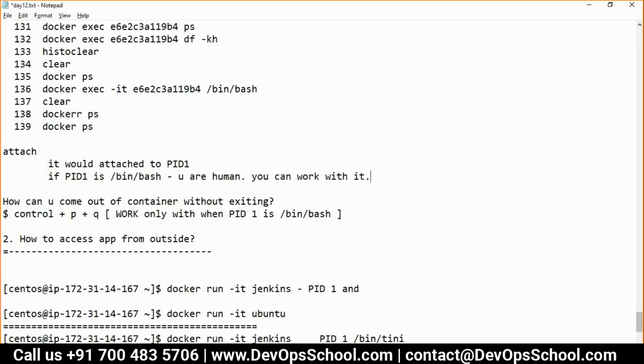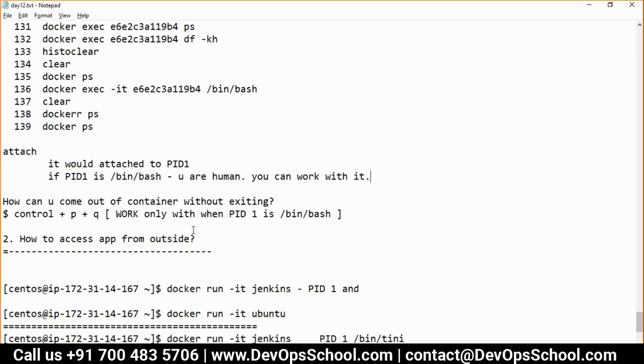So busybox is only for the Jenkins image, if that is the case. Busybox is only suitable to run shell scripting in the background, like different utilities are there. Busybox is one of those to run in the background. In place of busybox, it can be anything. It can be Perl, Python, Java, Nginx, Tomcat, MySQL, Oracle. Anything it can be. Types of image can be anything.